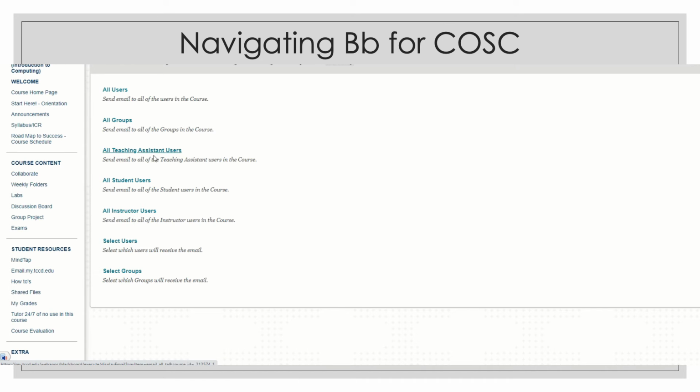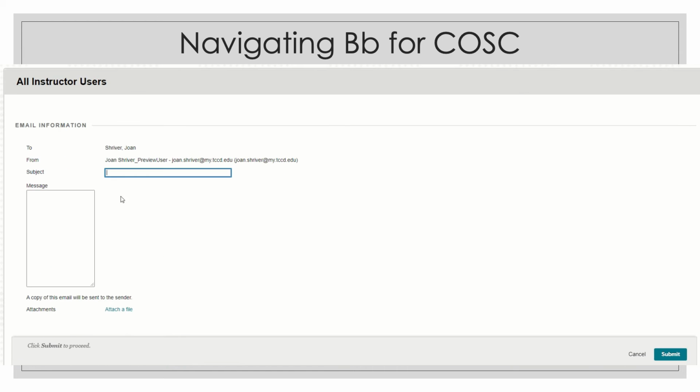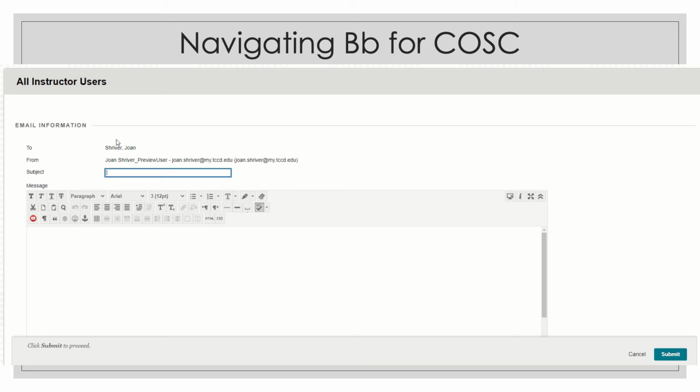Then if you don't want to send it to the whole class, but you want to talk to somebody in particular, just a couple of people, something like that, you can go in and select your users. I'm just going to show you on instructor user what it's going to look like when you get in there. So if you're going to send me an email, you can click on this. It'll show you who it's being sent to. In this case, it's coming to me, and then who it's from. In this case, I'm sending it to myself. But it's also going to include my address,